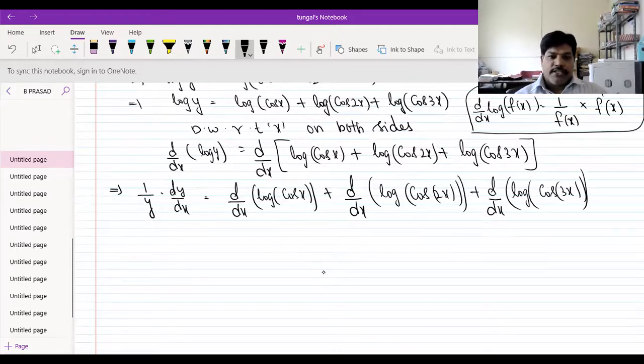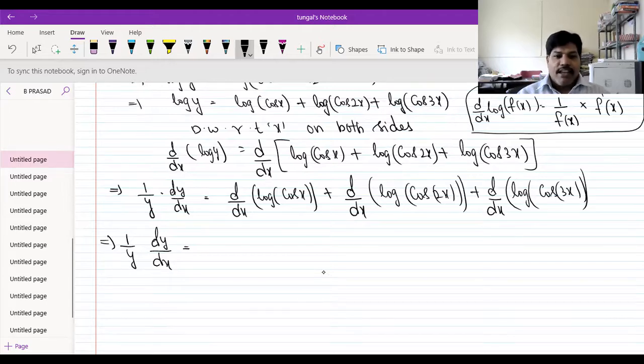So what happens, students, here? Take this y to that side, otherwise we can keep the y on this side. 1 by y into dy by dx is equal to